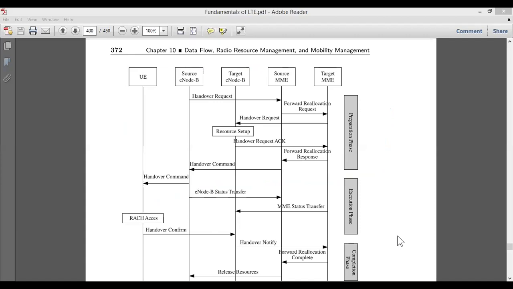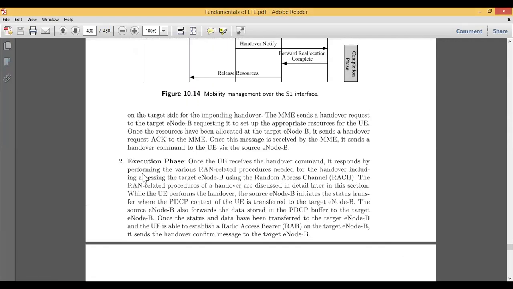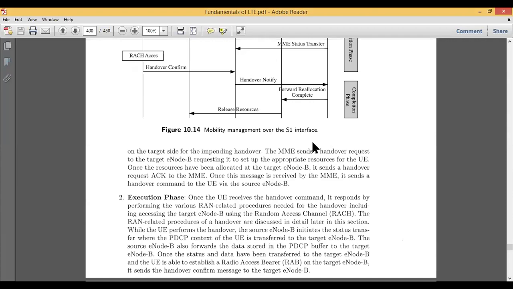Once the setup is done, you acknowledge that yes, the setup is done. Then you will be able to do the experiment. That doing part of the experiment falls under the category of the execution phase. So once everything is done and the setup is done, the second phase here is called the execution phase.